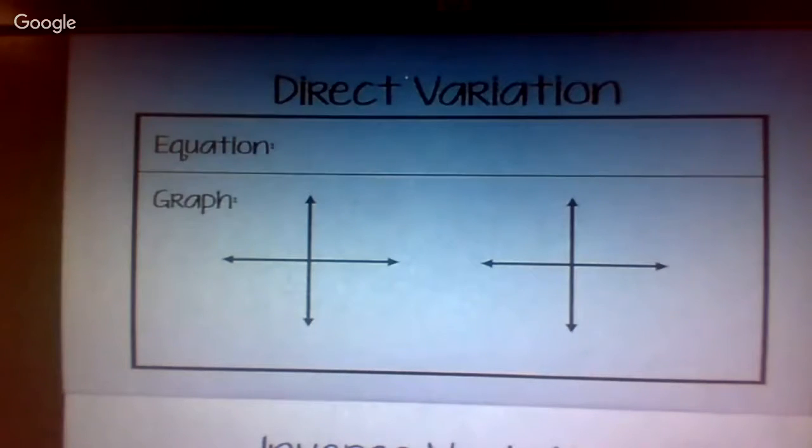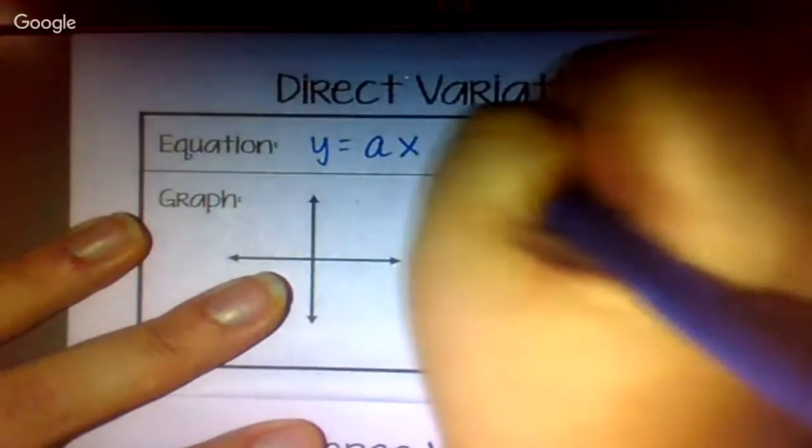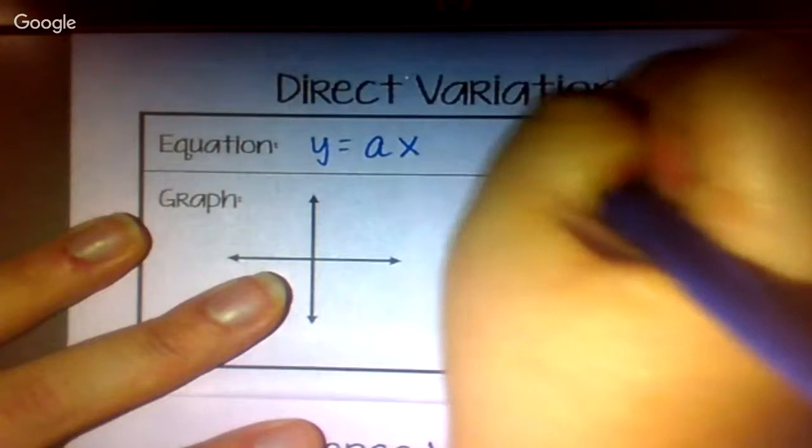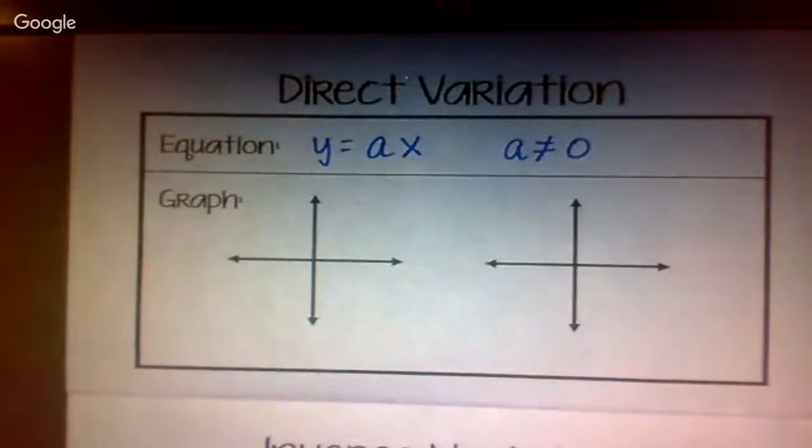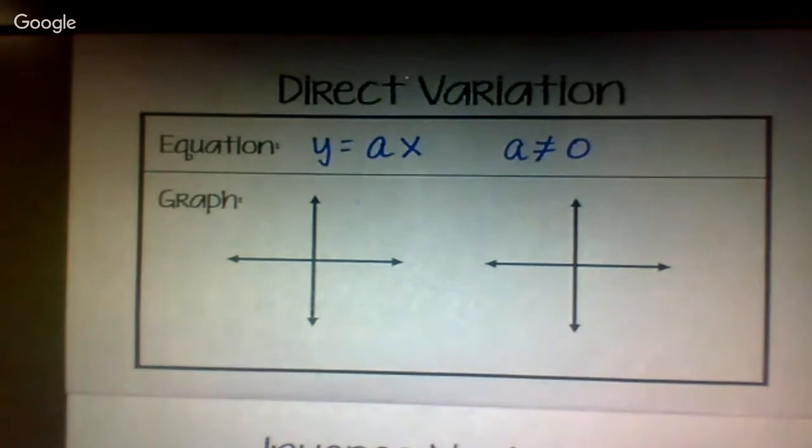So, yesterday we talked about direct variation. Remember, direct variation was when you had y equals some constant times x. So your equation looks like y equals a x. And a cannot equal 0. Your constant of variation cannot be a 0. It can be a negative, it can be a fraction, it can be a whole number, but it cannot equal